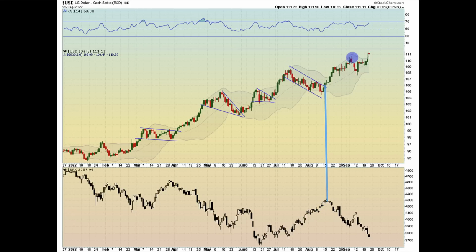So the correlation wasn't like 100% there. But as soon as we started getting momentum, just look at what happened to the S&P 500 thereafter as the dollar continued to move up. So if the dollar takes a breather here at some point, which by the way, this is really moving, I'll show you a larger chart. That will offer up some relief, in my opinion,